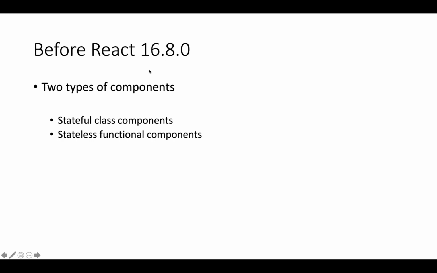Alright, so before this version, what used to happen is we used to have two types of components. One is a stateful component, another one is a stateless component. What do we mean by this stateful component? Basically, for any application to be meaningful, there will be some data in the application, right? So you'll have some data and, based on the data, you will render some UI. And let's say the data will change with time. So when data changes, you will render a different UI, right? So whenever your component is holding any data, we say that it is a stateful component. And before 16.8.0, only a class component can hold state. A functional component cannot hold a state.